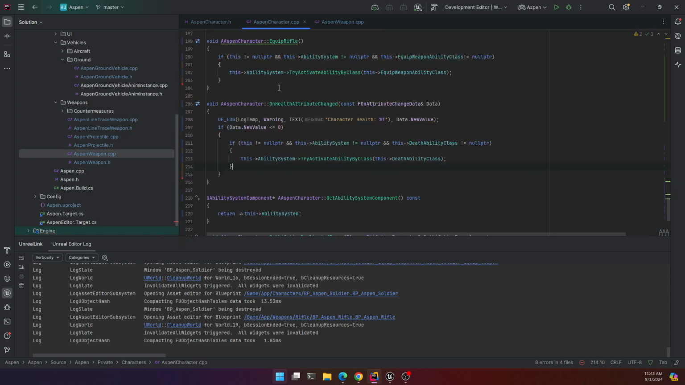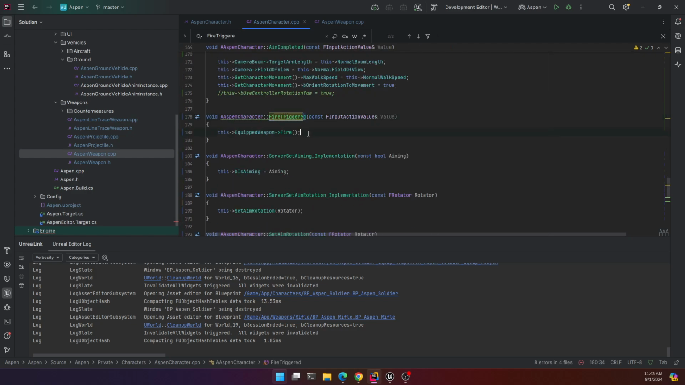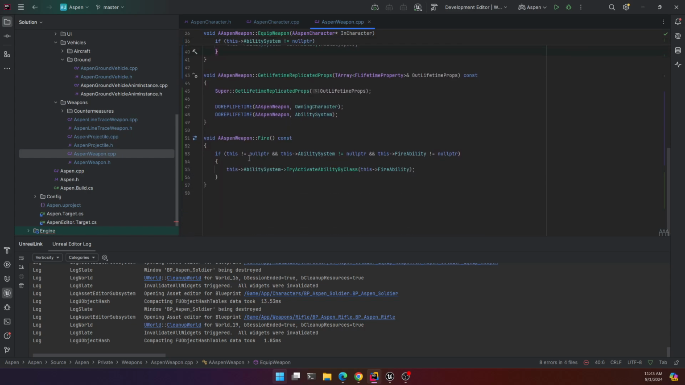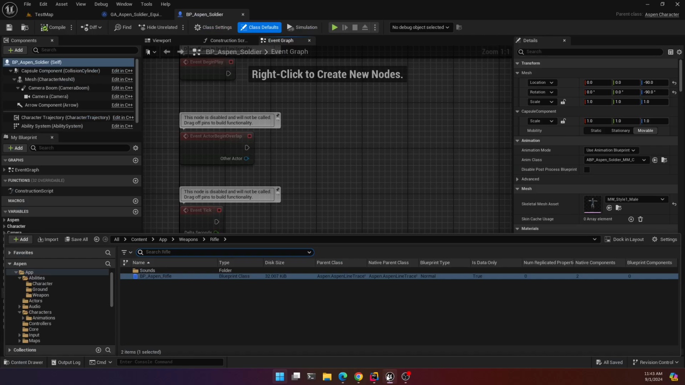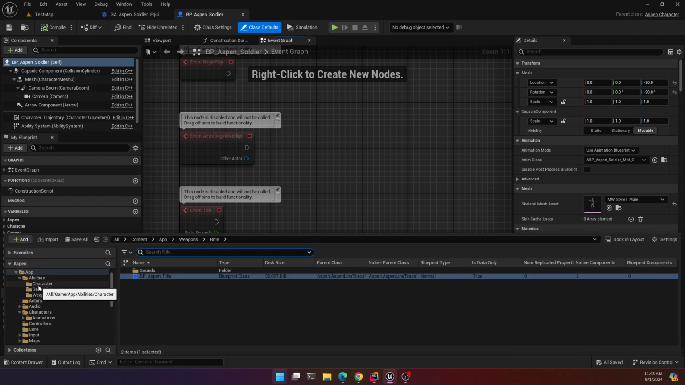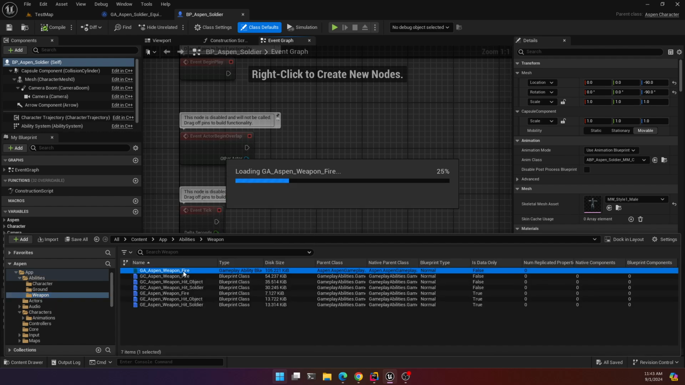In the character, there's a fire. When fire gets triggered, we just call the equipped weapon's fire method. And if we looked at the equipped weapon's fire method, it's just activating that fire ability. So then in that fire ability is where all that logic goes, right? So if we look at that fire ability, weapon fire,